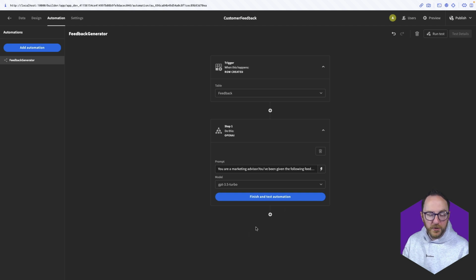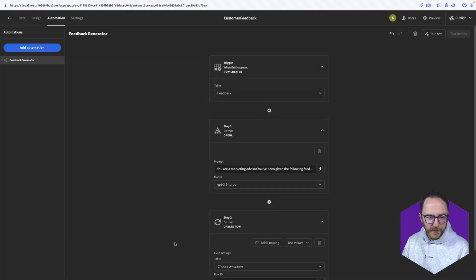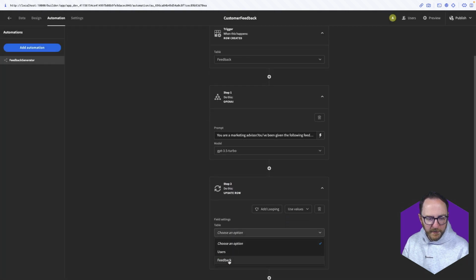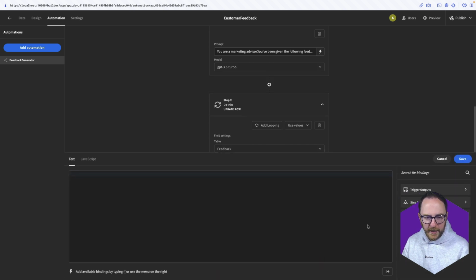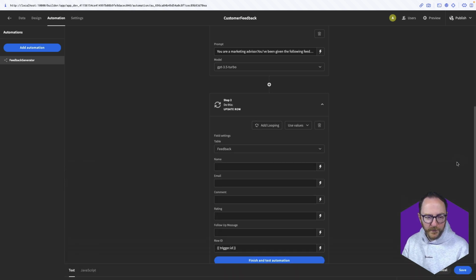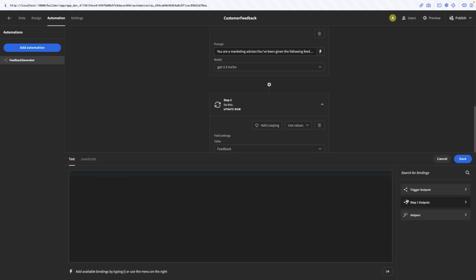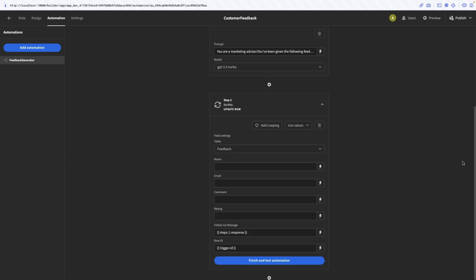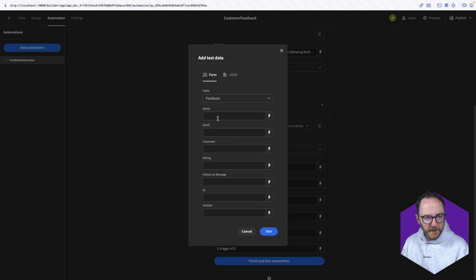And then what do we want to do with that response? When we get that response, we want to update a row, specifically on our feedback table. The row will have an ID of lightning bolt. The trigger outputs, the trigger's ID, so they should match. And then the follow-up message should be coming from our step 1 outputs, and it should be the response. And save. So I finish and test automation, table feedback, and it's only going to look at the comment and